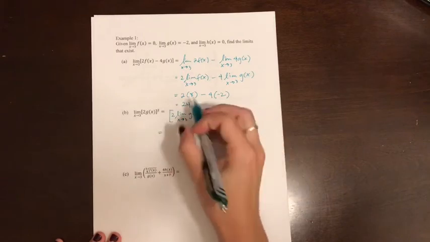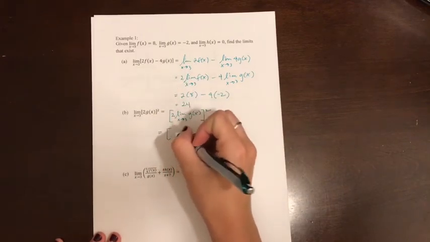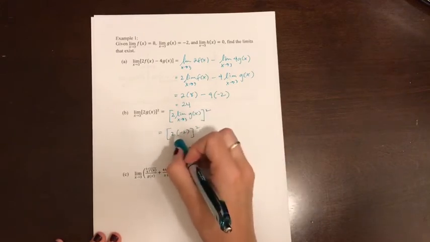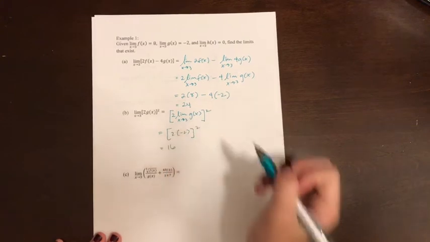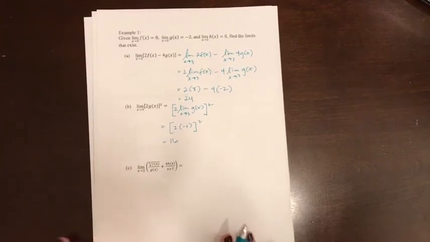Okay. And now I know what the limit of g of x is as x approaches 3. So I can substitute the negative 2 in. And then we simplify to get 16. Not so bad, right? All right, this last one, C, just looks a little bit scarier,